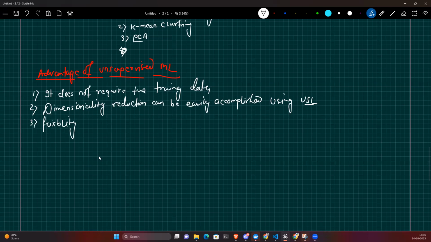Let me show you one example. Let's suppose you are using Flipkart, and this is your Flipkart application. If someone is trying to buy some product from Flipkart, first of all I will check what the chances are that this customer can be easily converted, meaning he or she can buy the product from Flipkart. What are the chances?